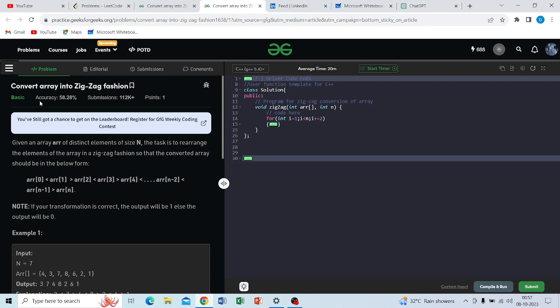In this video, we will discuss a problem which is called convert array into zigzag fashion. Okay, so now we will discuss the problem statement. You are given an array named ARR of distinct elements. Distinct means that each and every element would be unique, of size n. Your task is to rearrange the elements of this given array into zigzag fashion,